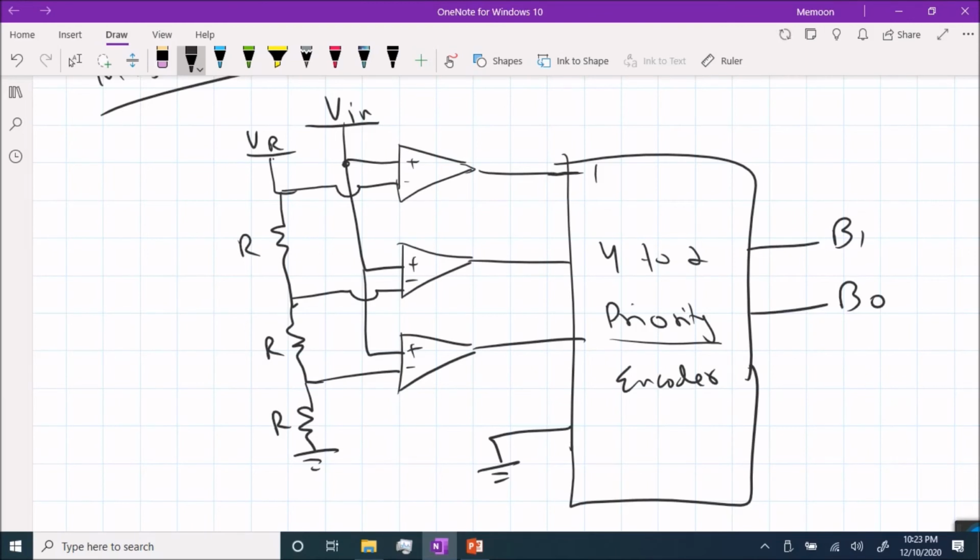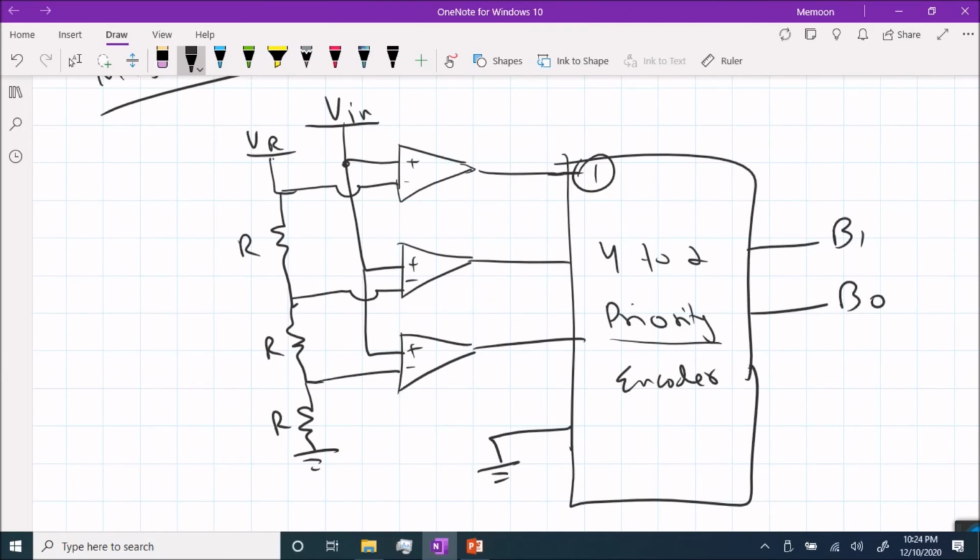So now a regular encoder will be confused: is the third input 1 or is the second input 1? What should I display at my output? Whether I should display 3 or whether I should display 2, because both the inputs were 1. But in the case of a priority encoder, the priority will be given to the highest input that was 1. How does it work? What is the internal logic circuit?